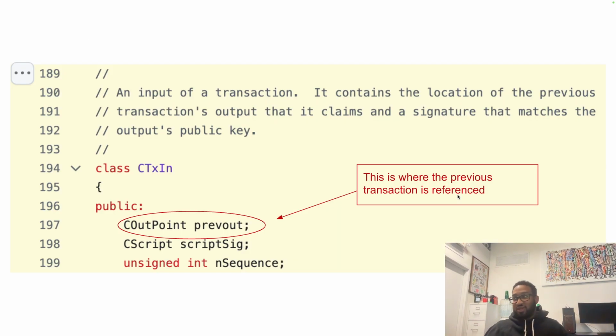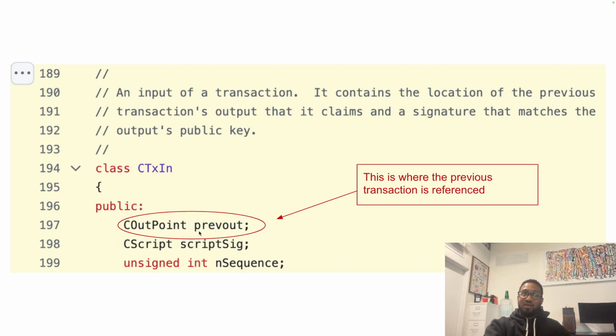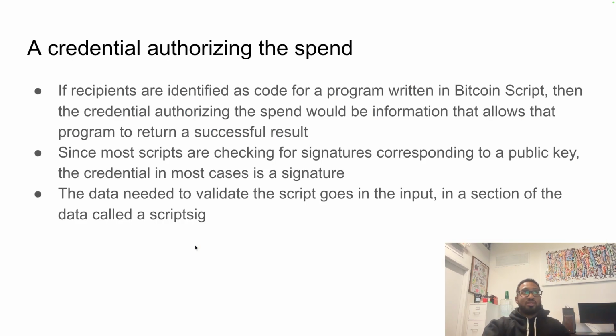What information do we put in the prevout? It's pretty much two pieces of information. We put the transaction ID that we're referencing, that we have funds in, and we have the output. So a transaction has multiple outputs. Again, we have this list, and you have to specify which index your output is in. So that's in the COutPoint. I don't think I put the whole thing here, but just know it has a transaction ID and it has the index number of the output that belongs to.